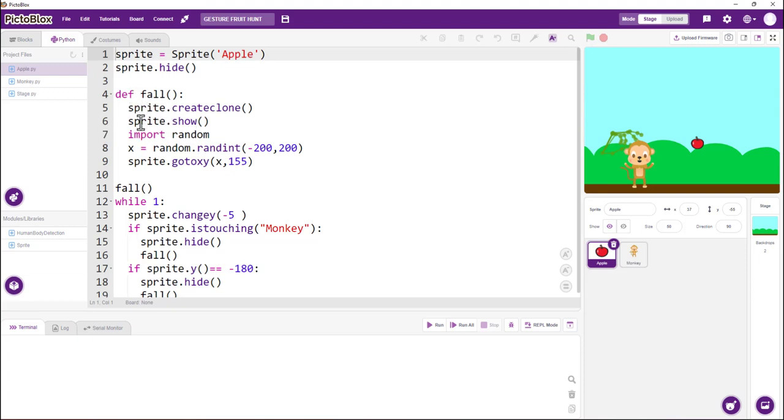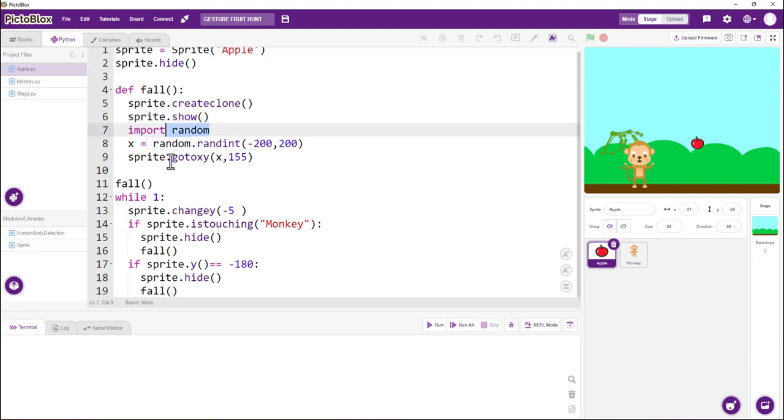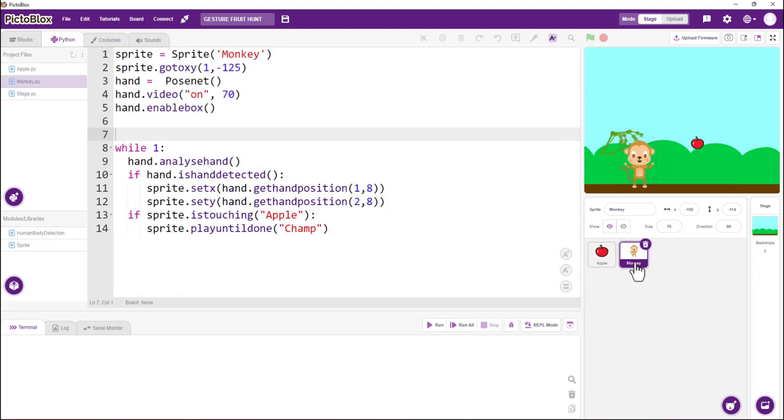Now the code simply defines a fall, and it says the sprite, which is the apple, should keep falling in random. So we imported the random function. It should keep falling in random. Then the monkey here